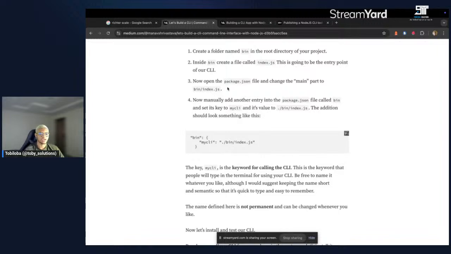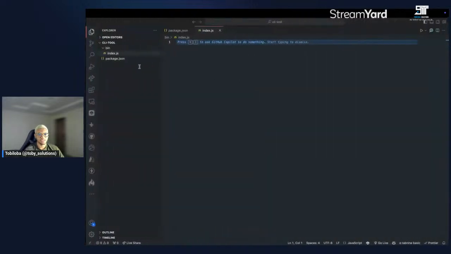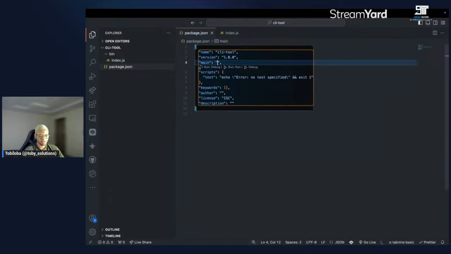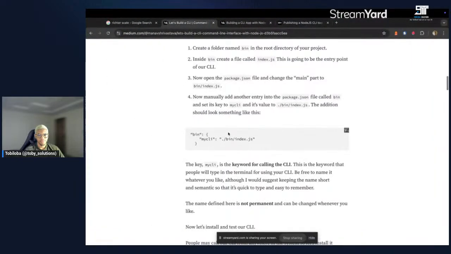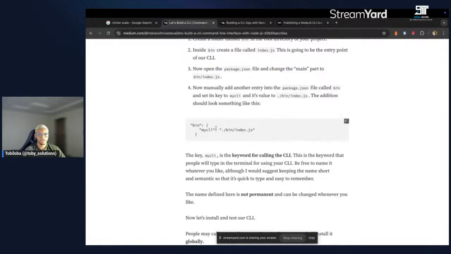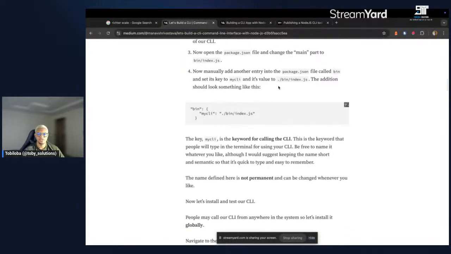So now it said to open that package.json and change the main path to bin/index.js. So I'm just going to come here and change this. bin/index.js. I'm going to share the blog link in the chat too if you want to follow along. So, bin/index.js. Now it said to add another entry point into the package.json file called bin and set